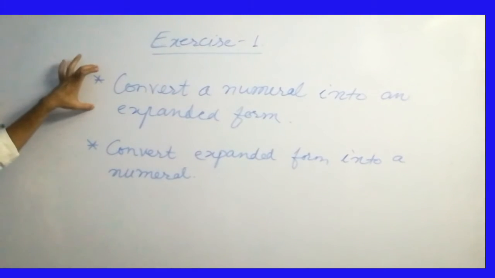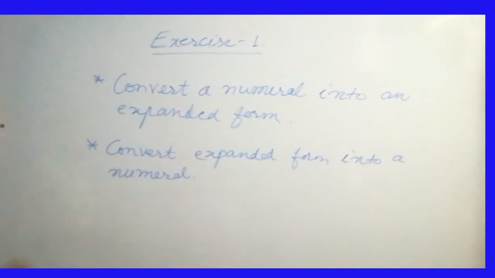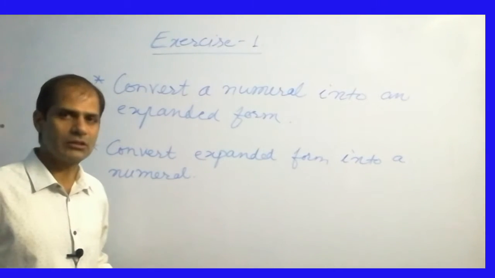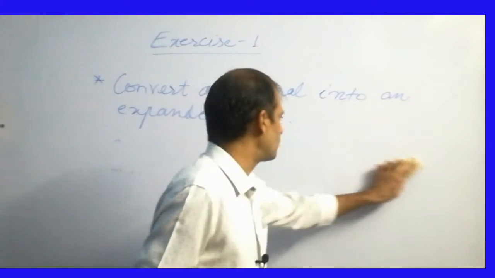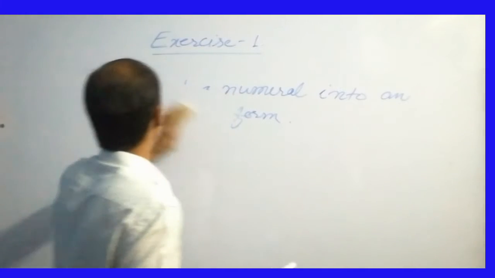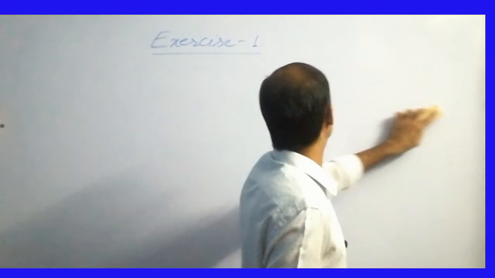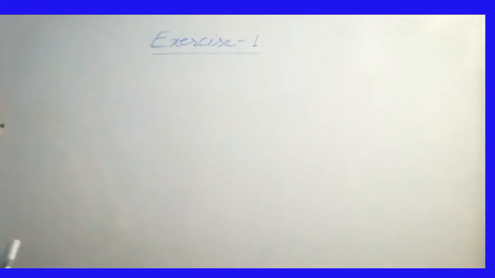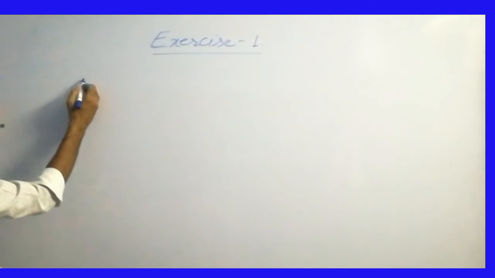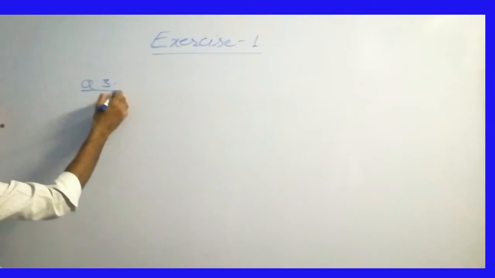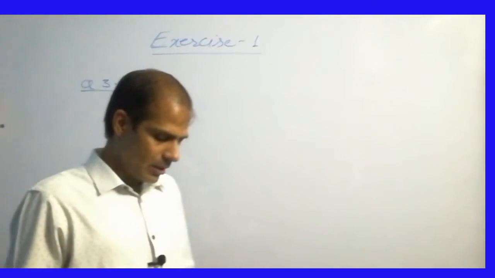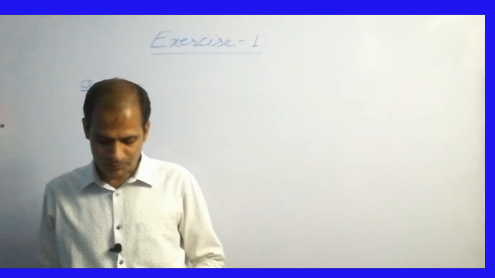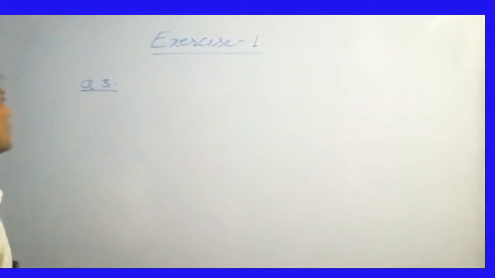Now I am going to tell you this first point. I will tell you how to solve the questions. So I am taking questions from your maths textbook. The question number 3 and 4 I will solve. So focus on your mobile screen. Question number 3 of exercise 1. It is given that write the expanded form of the following. So the question is,